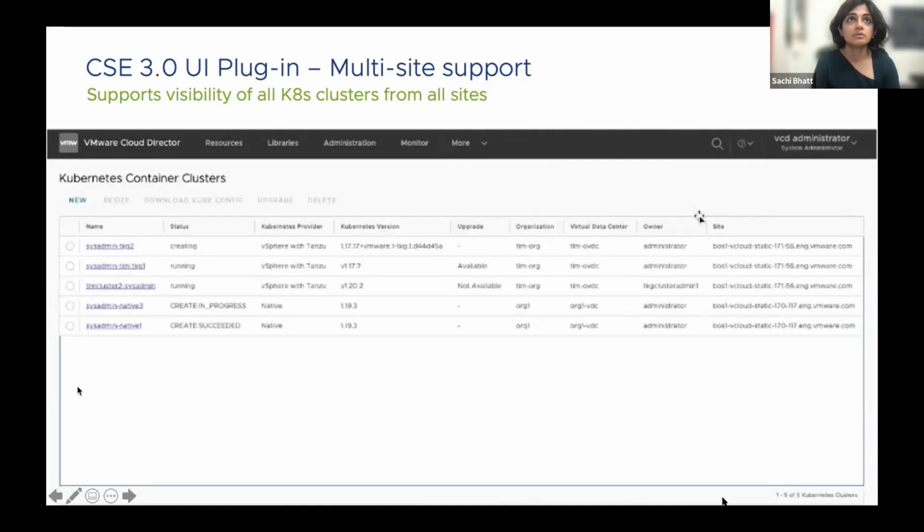Now let's quickly look at the multi-site view. On a high level, there will be an additional column called site in case there are multiple sites being managed by a single VCD cell. So from the CSE UI on 10.3, we can manage all these clusters from multiple sites in one place.